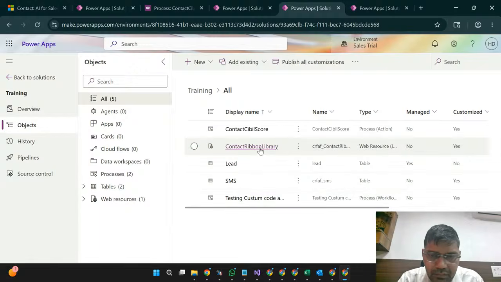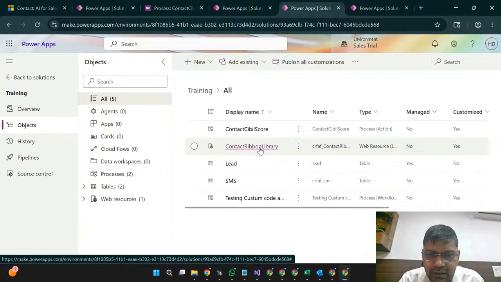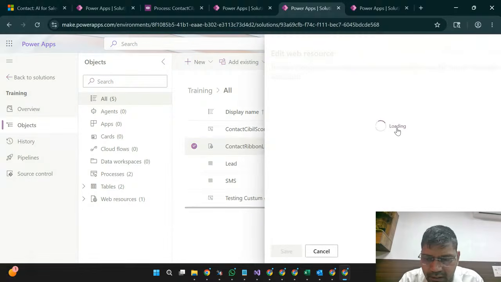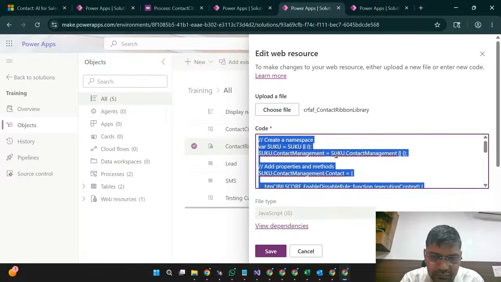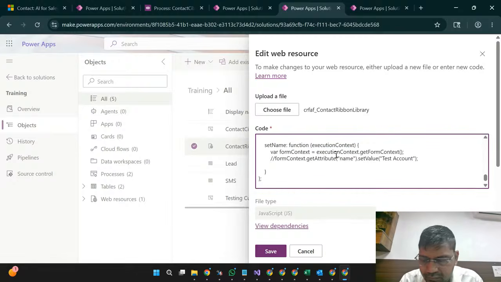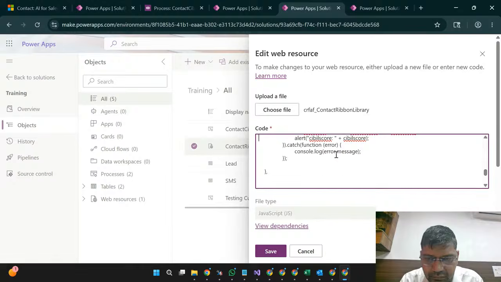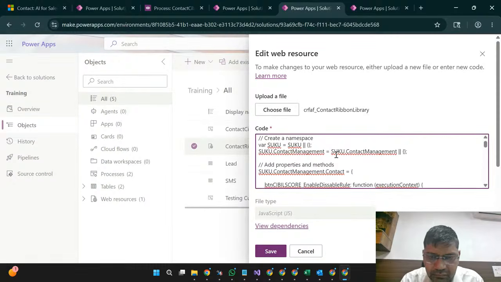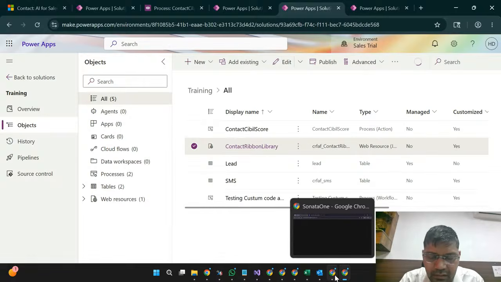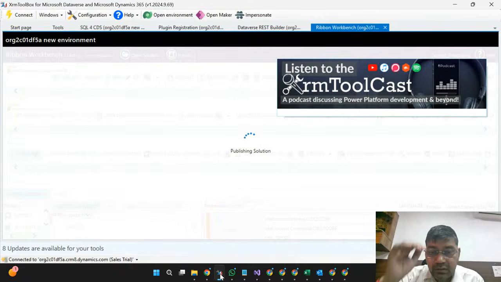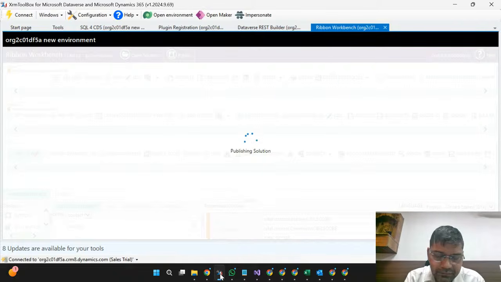If we need to do some changes here in the contact ribbon library, I'm saving it. Once it is done publishing,